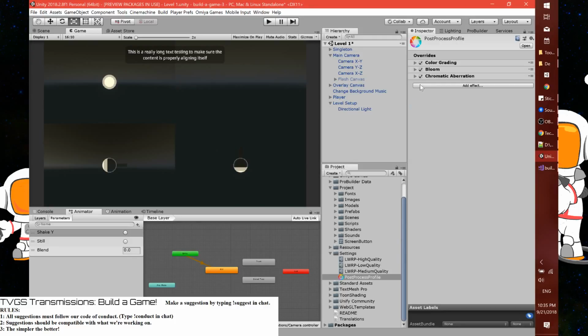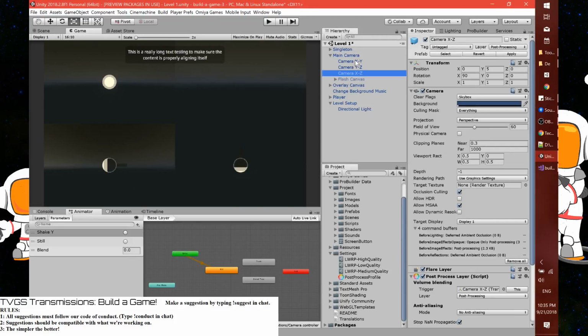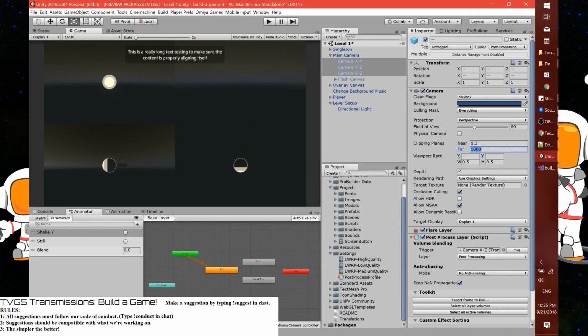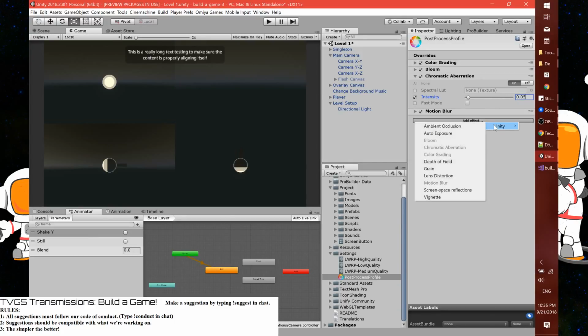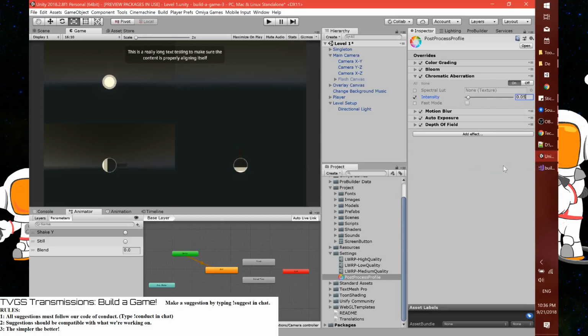Chromatic aberration. I like that. There's also a lot of depth in these cameras. I don't think we need that much depth, and I think we can be generous with our clip plane here. Chromatic aberration. Okay, the intensity is hard to tell. Motion blur, always a good thing to add. Ambient auto exposure, I think that's what it is. But more importantly, depth of field. Yeah, okay, so depth of field should give us